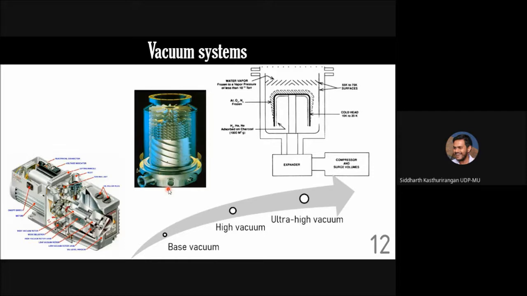Then the next stage of pumps comes in, which are called ultra high vacuum pumps, which can go anywhere from 10 power minus 8, minus 9 right up to 10 power minus 12 and minus 13 torr, which means that from Avogadro number of molecules, that is 10 power 23 number of molecules, you have gone down by around 15 orders of magnitude. You cannot get much better than that in laboratory systems. At that stage, basic diffusion of the gas through the walls of the chamber starts coming into the picture. So it becomes impossible basically.